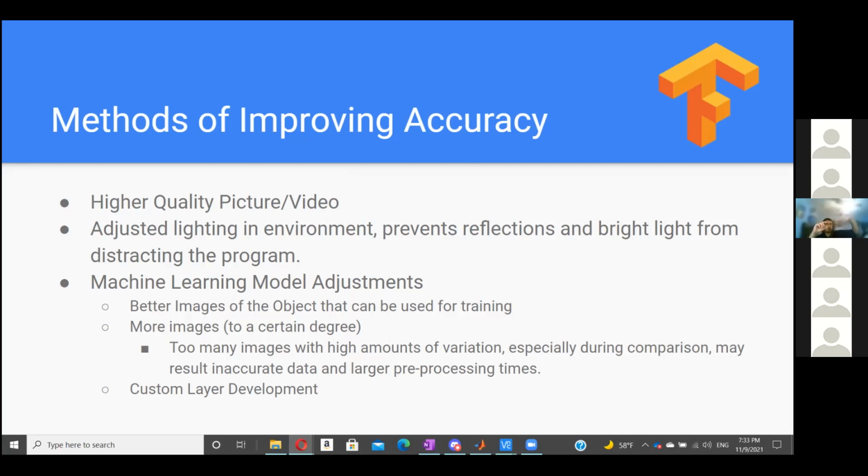The computer is going to get pretty confused in terms of what a petunia or a daffodil actually is, so it's going to have a harder time distinguishing between the two. So having clear images that are actually what you're looking for will help speed up the processing time and also just make it a better mental model.